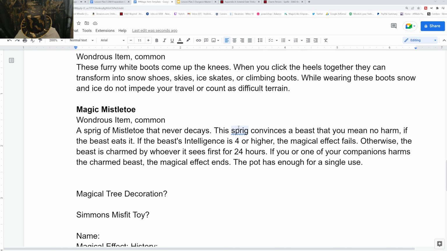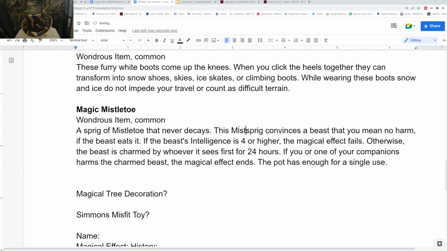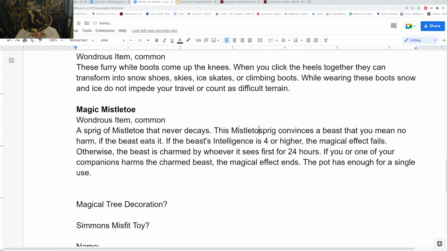I'll just try that. Mistletoe sprig convinces